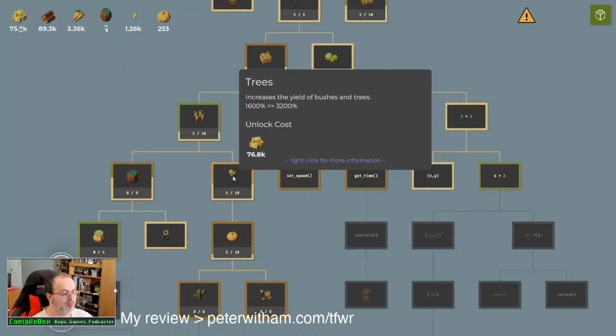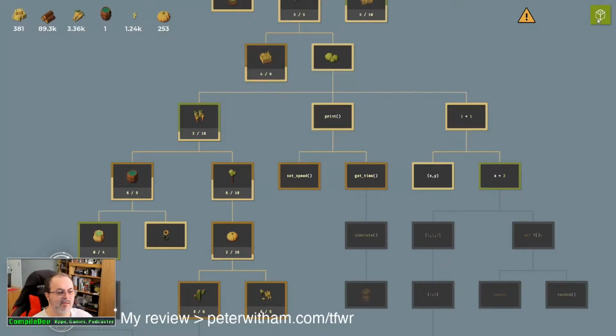And it's going to double the amount of wood that I get. Or the yield of trees, which will essentially double the trees, double the wood, right? So it really matters. Alright, there we go. Okay, now